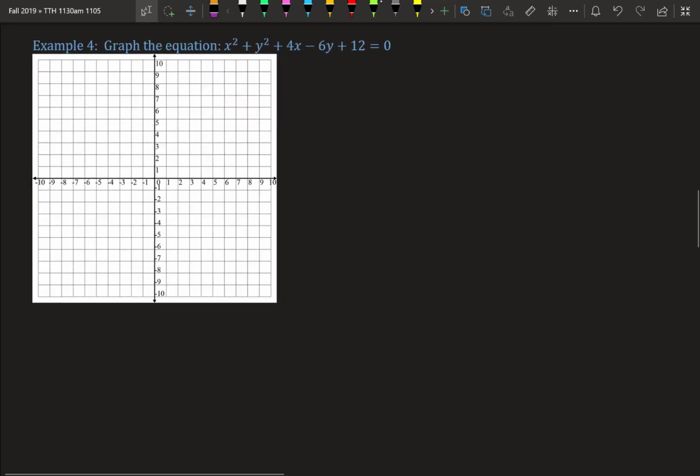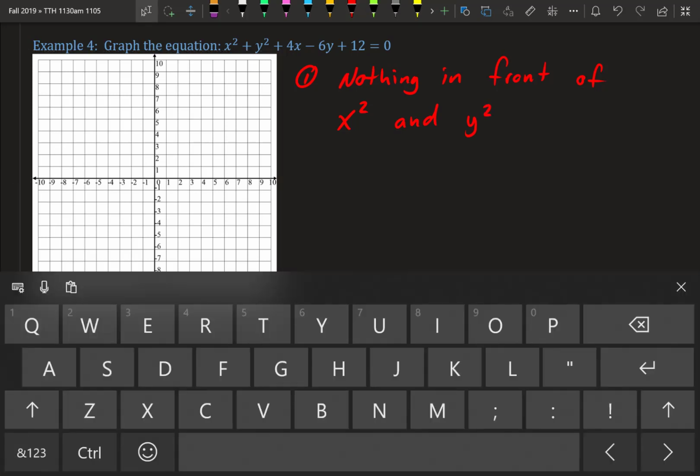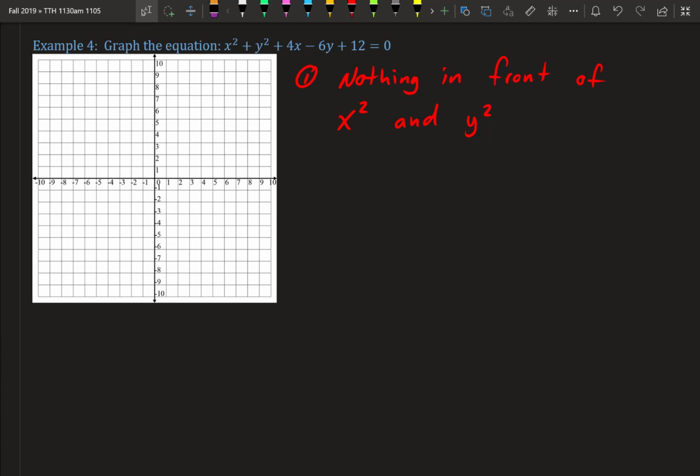All right, let's graph this equation. So we have x squared plus y squared plus 4x minus 6y plus 12. Now, that's not in standard form, so we cannot graph it yet. So we can make it into standard form, and there's a couple of steps that we have to follow. So you want nothing in front of x squared and y squared. And if you look at x squared, y squared, we don't have anything in front. So we're good to go. So our second step